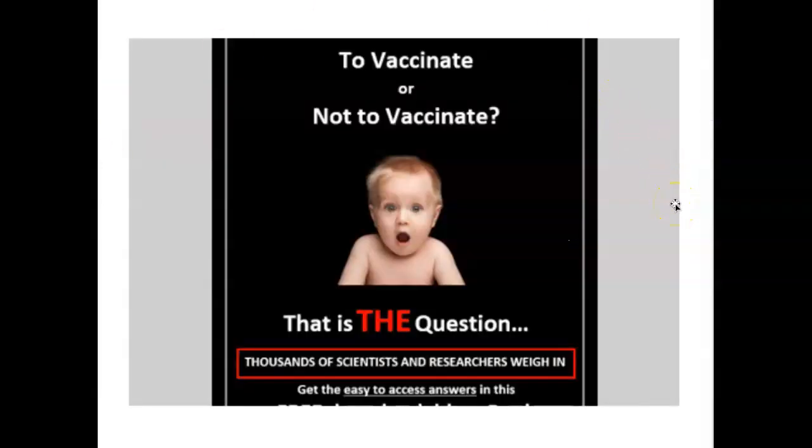This was a book that I chose because the vaccination debate in the United States at the moment is one that completely terrifies me. Some of you may be aware that millions of people believe that vaccinations are evil and that they cause things like autism. And this is a book that peddles this myth. It's written by a supposed doctor, and I would urge you to maybe have a look at it. I will include this web link for those of you who are interested, so you could have a look at it. You'll see it's filled with supposed scientific studies and graphs and all kinds of things. So it seems extremely convincing.